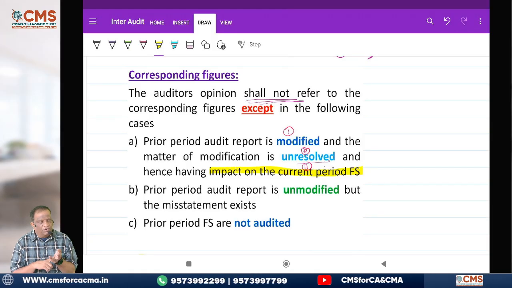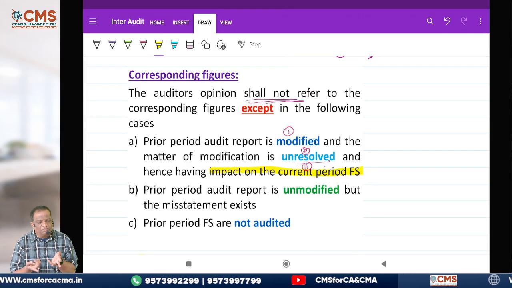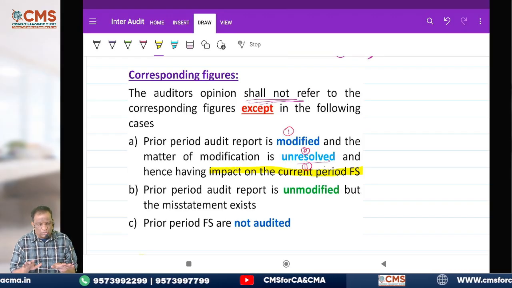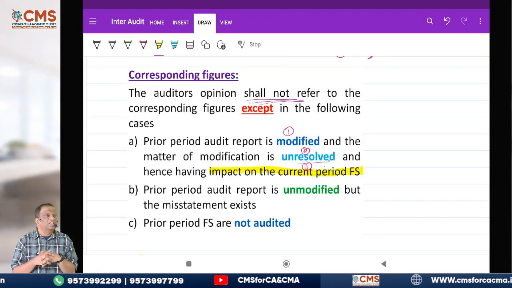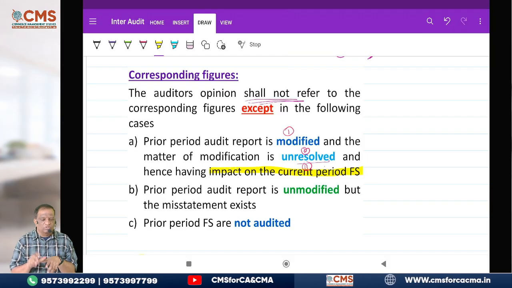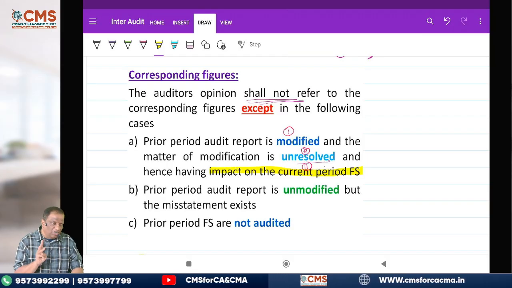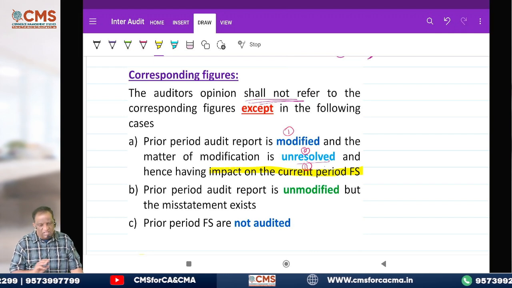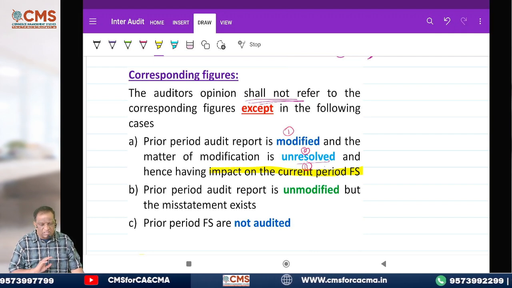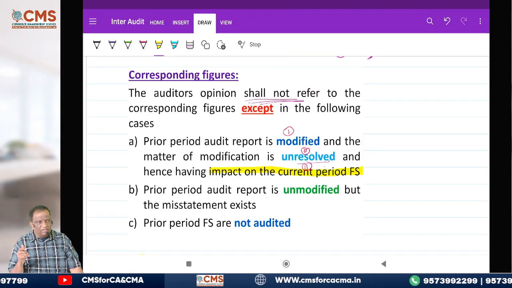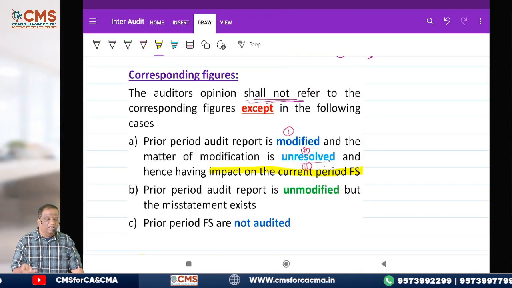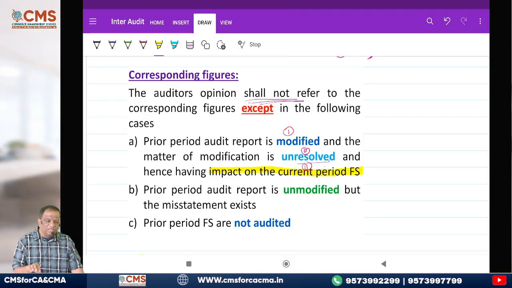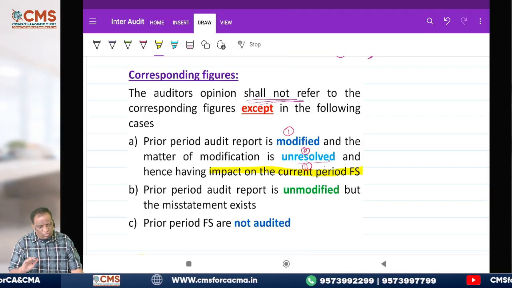The prior period audit report is modified, and that matter of modification is unresolved, that is, it is still open, it is not closed, and it is impacting my current year financials. So there are three matters. First, the previous report is modified. Second, the problem because of which I modified is still not addressed, so it is still unresolved. And third, because it is not resolved, it is impacting even my current period. So that is when the auditor, though it is a corresponding figure, may have no choice but to refer